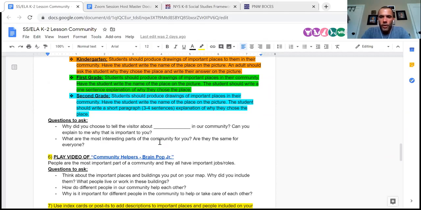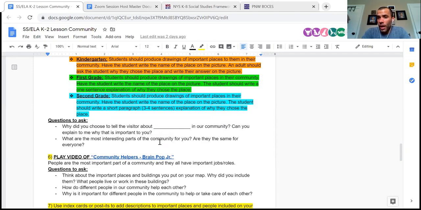And again, I know that there are different rules in different districts about how we're going to be coming together with our students, but maybe even just saying to the parents who have the possibility of doing it, snap a picture of it on your phone. Let's see what those communities look like. And then just ask your child to write something short, put that in the body of an email, and then they could send that to you.